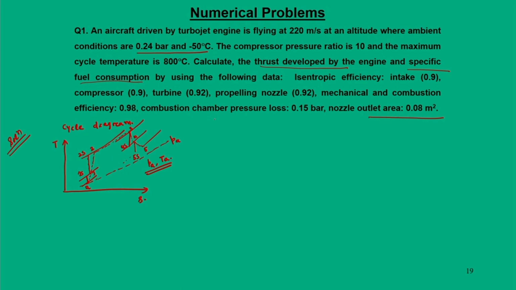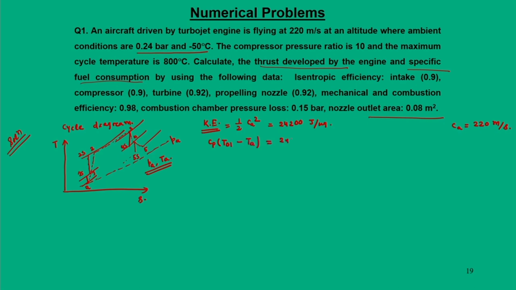So, when you start the solution, the first thing we have to find out is the kinetic energy, that is half Ca square, and you know that Ca is 220 meter per second. So kinetic energy can be calculated as 24200 joule per kg. This kinetic energy is nothing but we can write as Cp times (T01 minus Ta), and that is